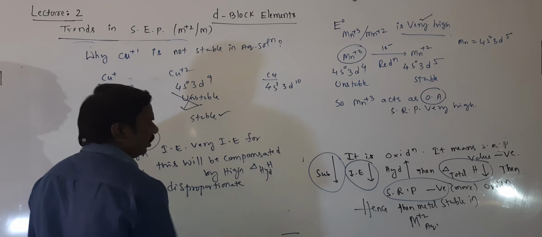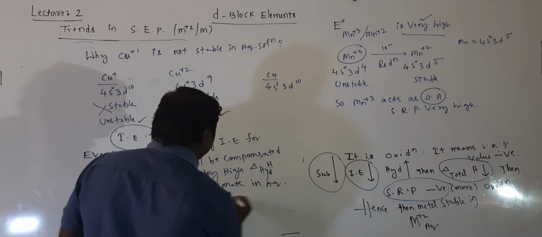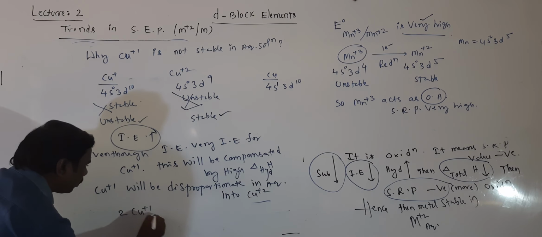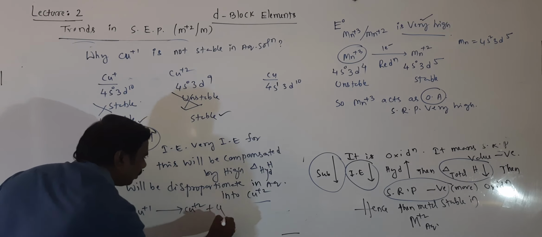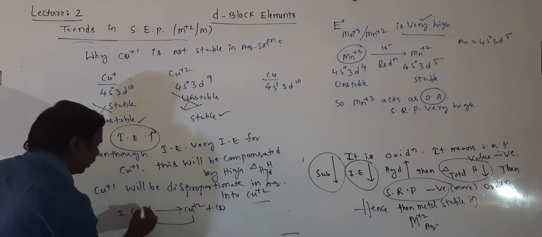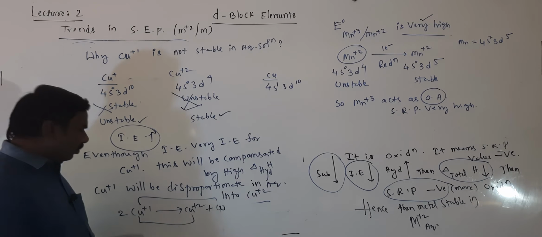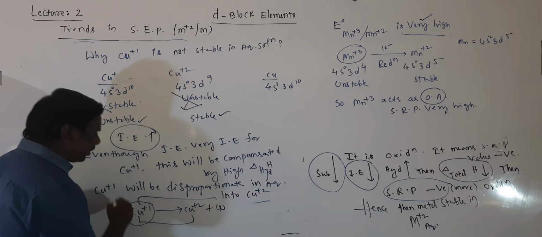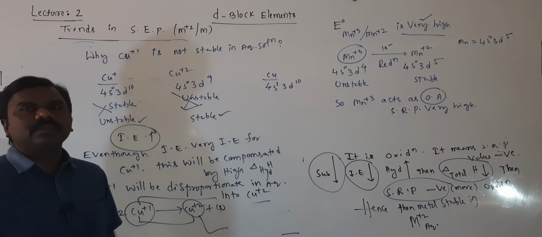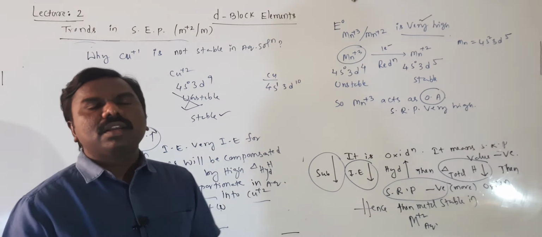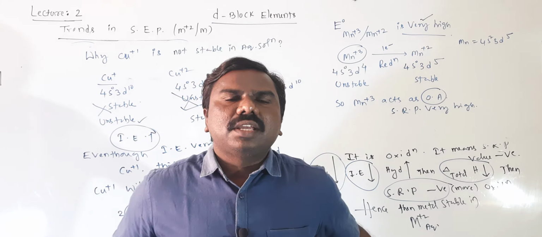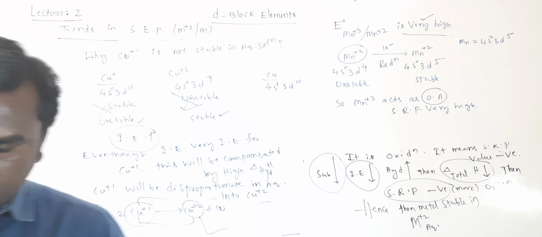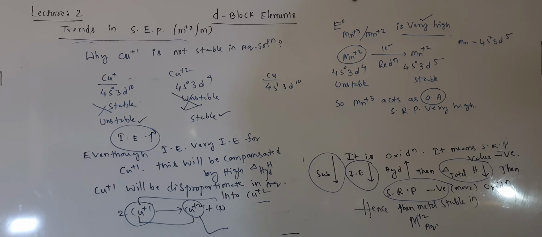It means in aqueous medium into Cu plus 2. It means 2 Cu plus 1 gives rise to Cu plus 2 plus Cu. One undergoes oxidation, another one undergoes reduction. So one element only undergoes oxidation as well as reduction. It will not exist as Cu plus 1. Hence, Cu plus 2 is more stable than Cu plus 1, even though Cu plus 1 has a stable electronic configuration, as per standard electrode potential values. Very, very important. This is about chemical reactivity, students.